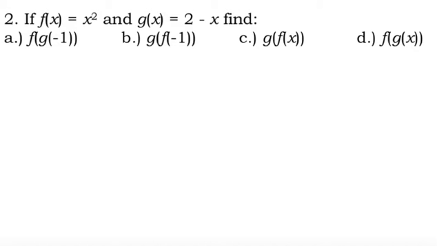Okay, let's do the next example, guys. Example 2. We have two functions again here. f(x) is x squared and g(x) is 2 minus x. So if I look at the first example here,